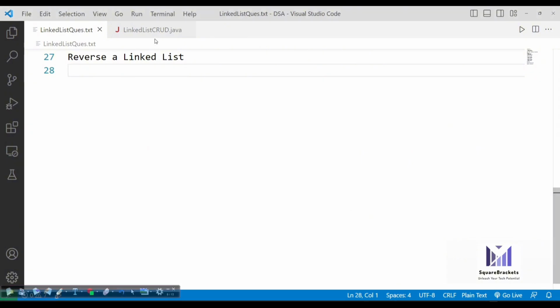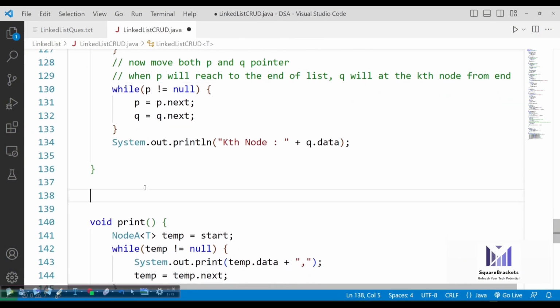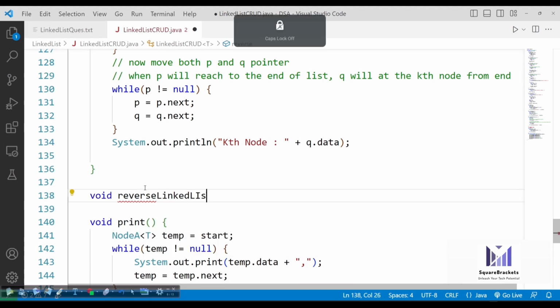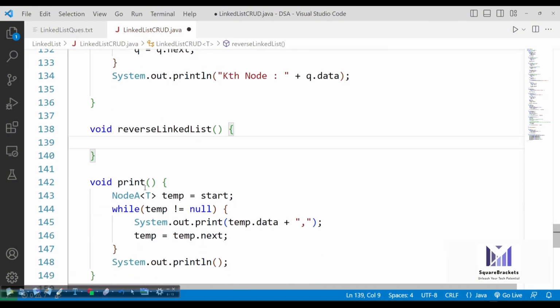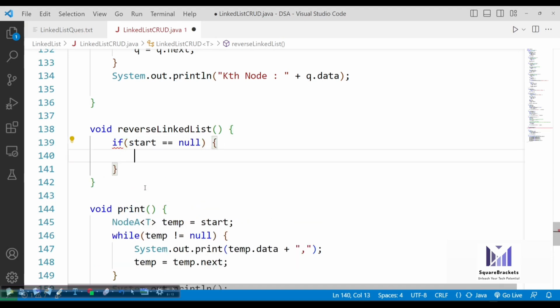So let's write the code. Let's make a function known as reverse linked list. Now in this function, first of all, we are going to again check that if start is double equals to null, it means the linked list is empty.